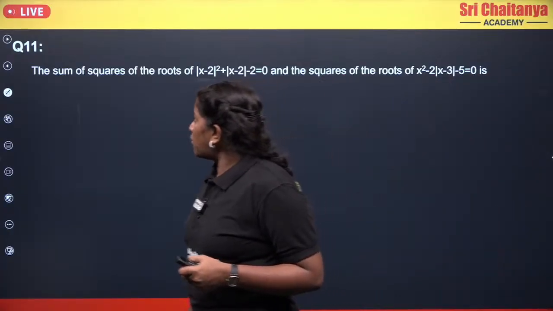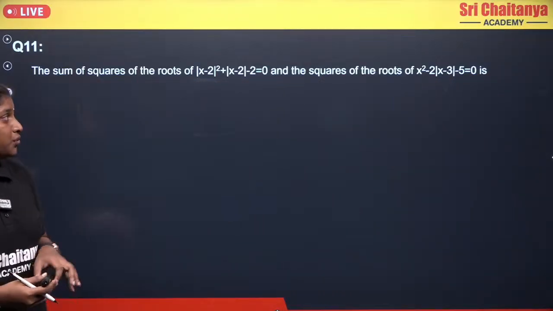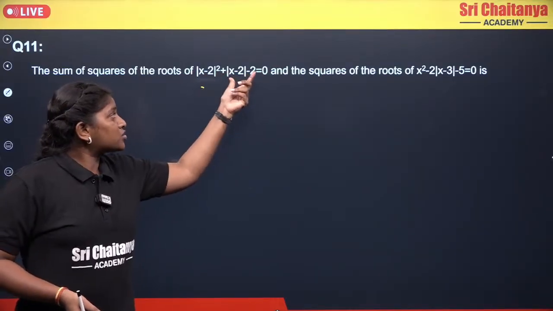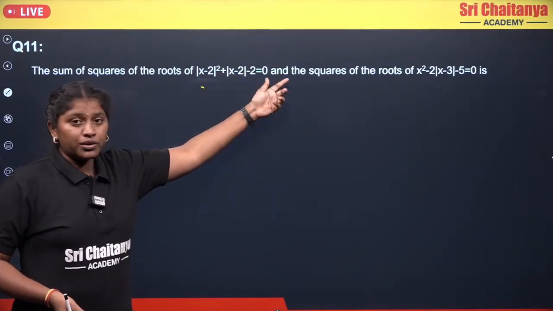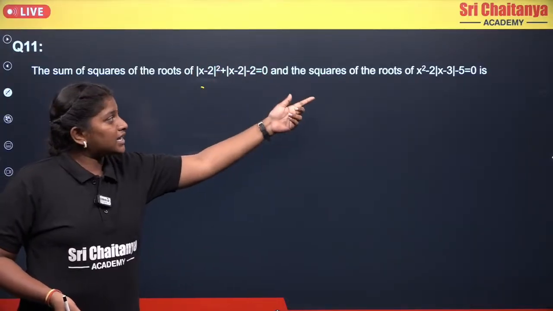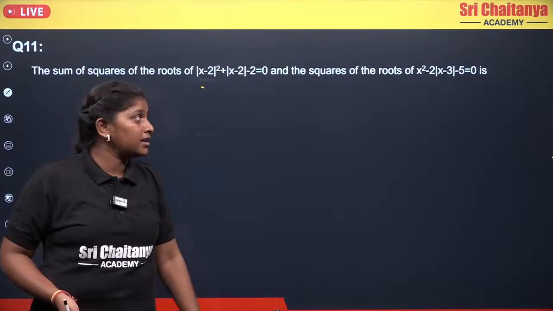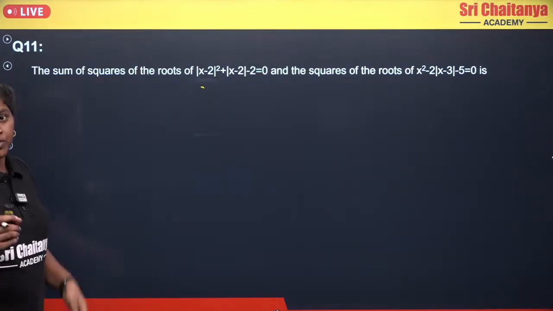So coming to here, the sum of squares of the roots of, you are having the two equations here with the modulus. So that is x minus 2 whole square plus modulus of x minus 2 minus 2 equals to 0. This is the one. And second one will be x square minus 2 into modulus of x minus 3 minus 5 equals to 0. So here,